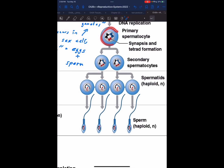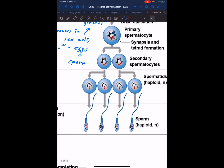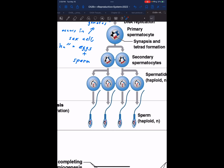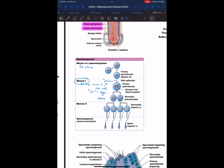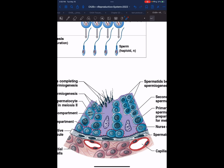You have one cell that's always there dividing. It divides into one that needs to differentiate into something else. And so it will undergo meiosis 1, meiosis 2, and then these will mature into functional sperm cells. This is occurring in the testes, in the seminiferous tubules, and that's what you're seeing when you look at this image here. You are seeing the beginning, and then it is undergoing meiosis 1, meiosis 2, and then finally we end up